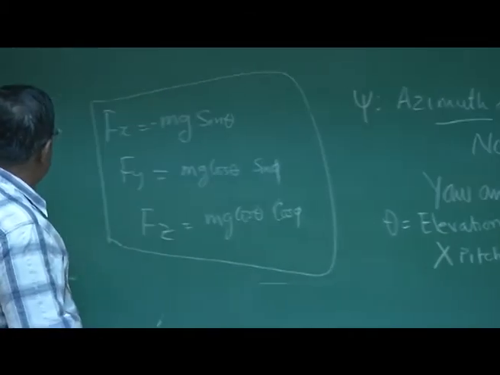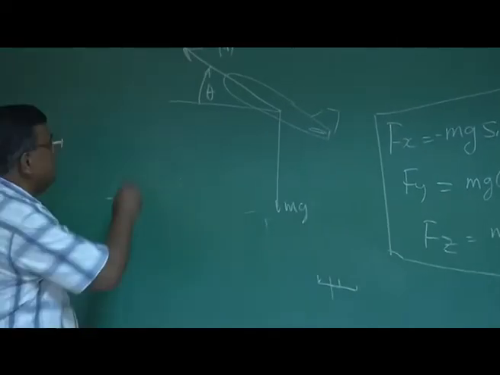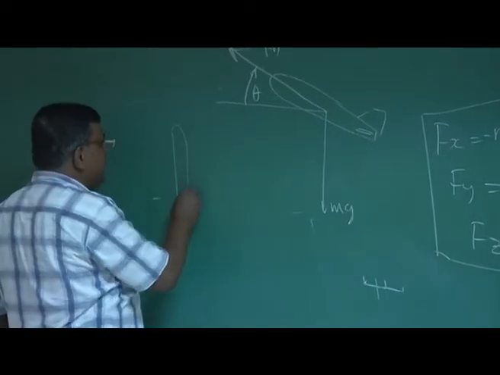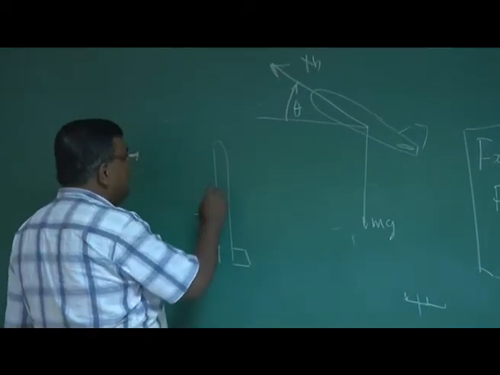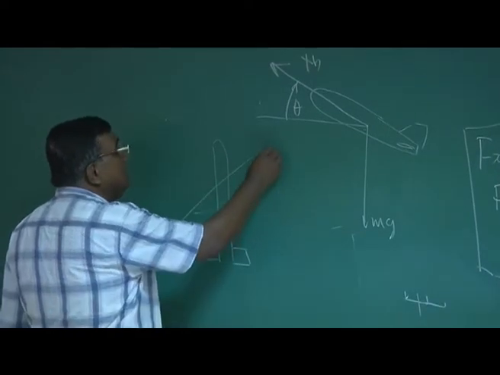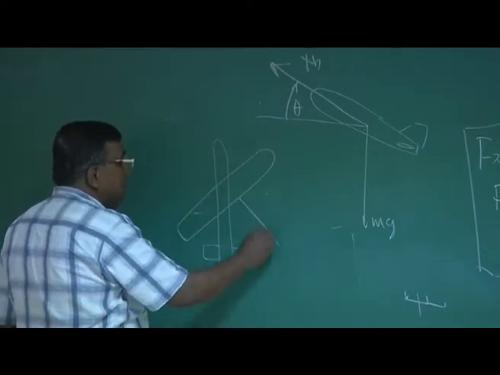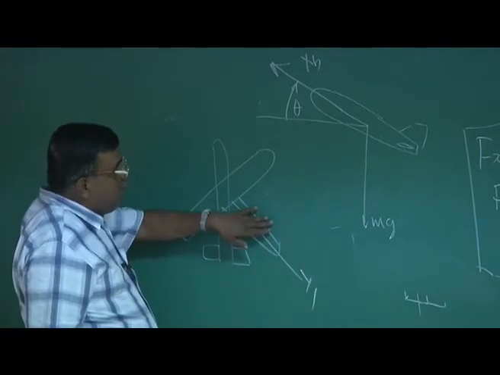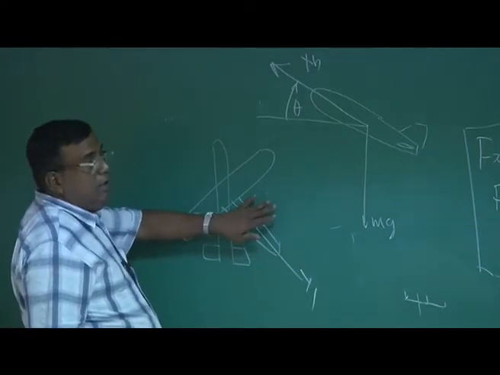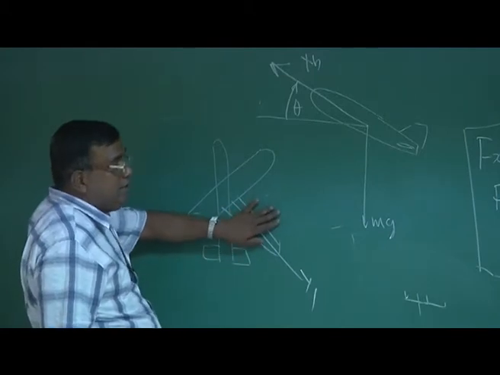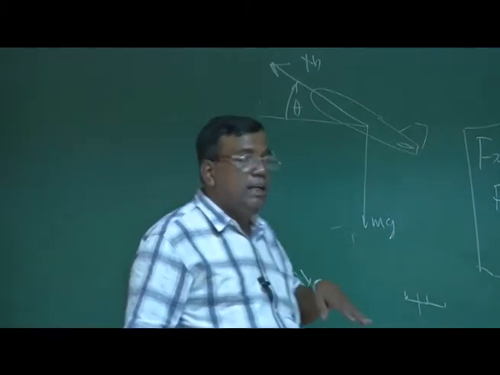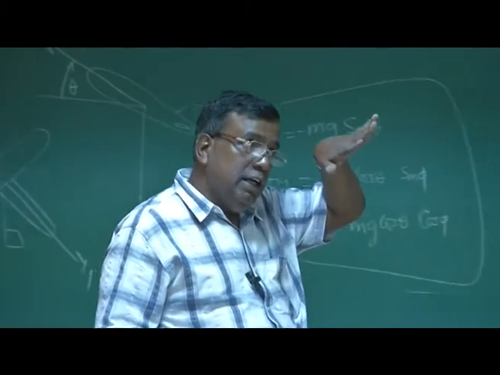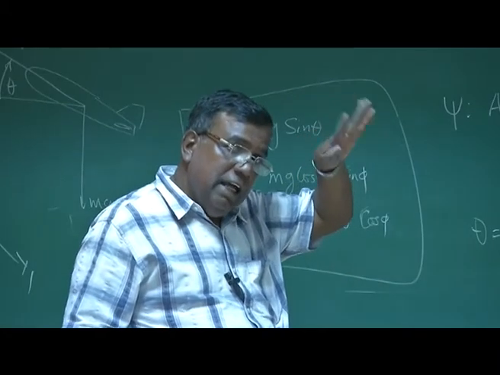Theta, you have seen, is rotation about the Y1 axis. That is, the plane was like this. After this, when I give a psi rotation, then the plane's Y1 is this, and theta is rotation about the Y1 axis. That is, Euler theta is rotation about the Y1 axis. But when you talk about pitch angle, it is the final orientation, whatever it is, and